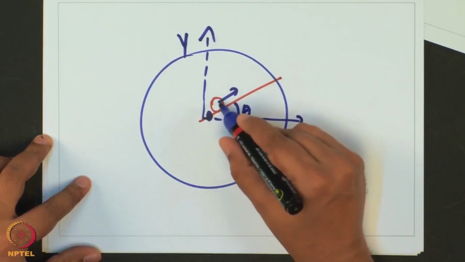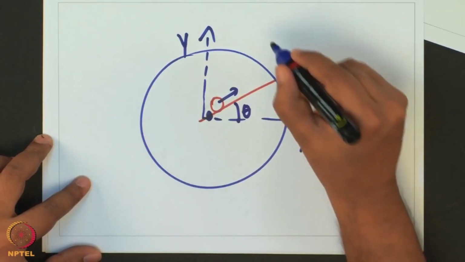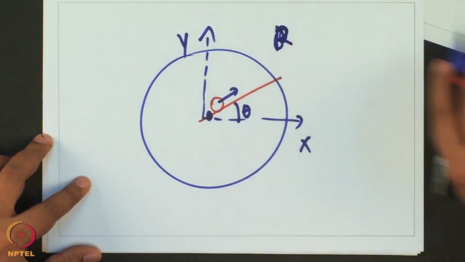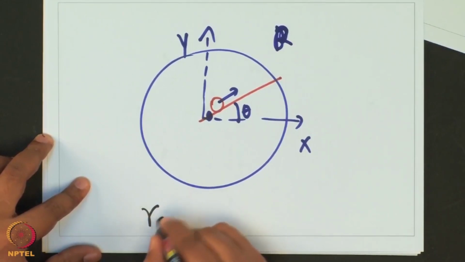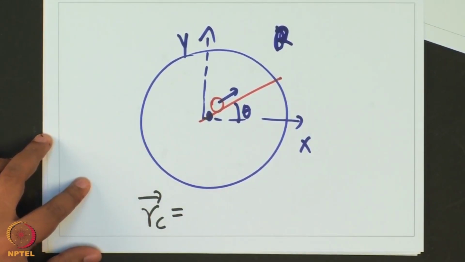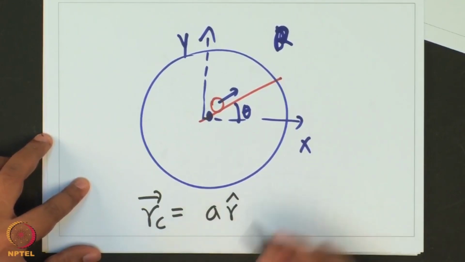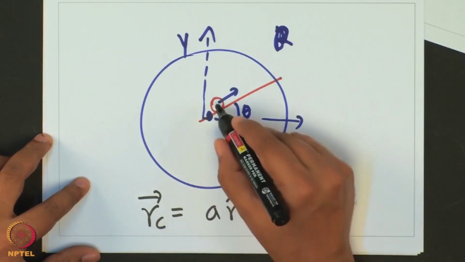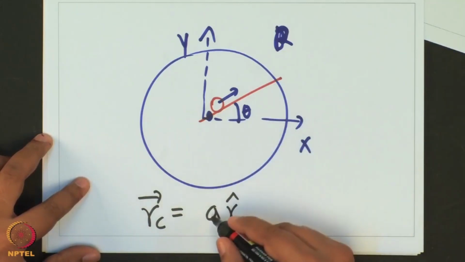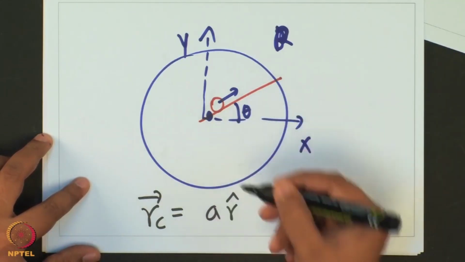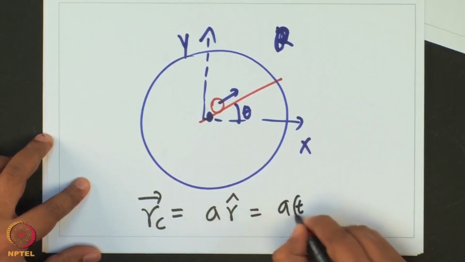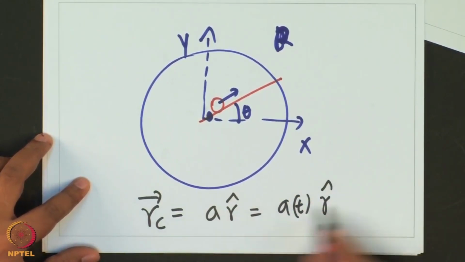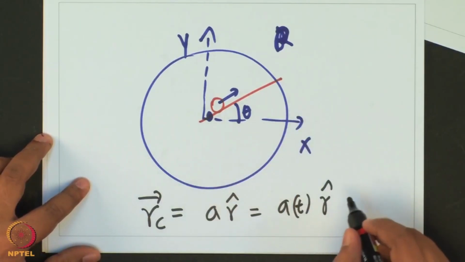So just by specifying the position of this cargo, let me write the position of this cargo r_c, it can be specified as a r cap. So along this particular direction r cap, the magnitude is this. If I just specify this, it would specify the position of this cargo. As the time changes, a could change, a could be a function of time, but it is going in this direction of r cap, which is the same as specifying